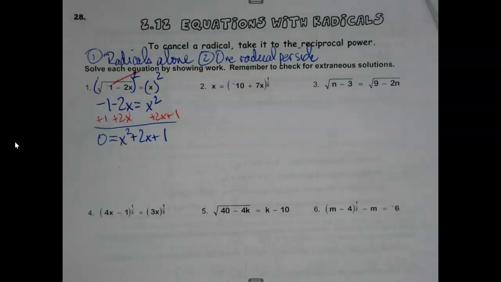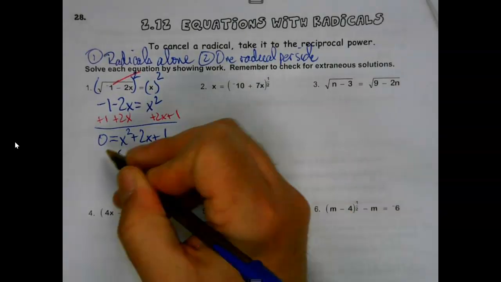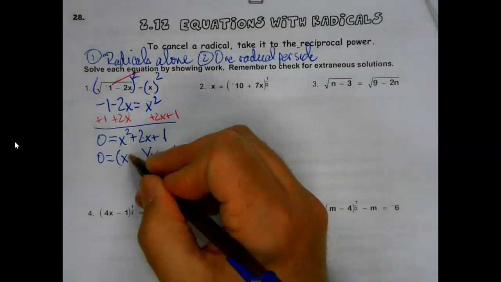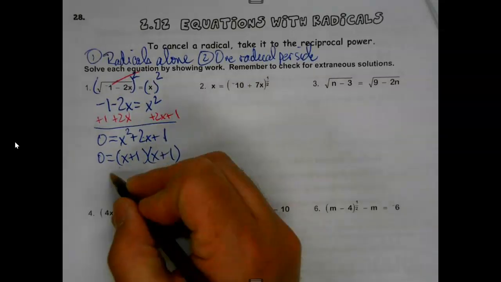Now at this point, you have options. If you want to go to the duct tape of all quadratics, go to the quadratic formula, as long as you know the formula, go for it. This is factorable. So let's just say I go old school. I'm not going to get fancy. I'm like, well, multiplies to 1 and adds to 2: x plus 1 squared, or x plus 1, x plus 1. But don't stop. We're solving. So when you solve,